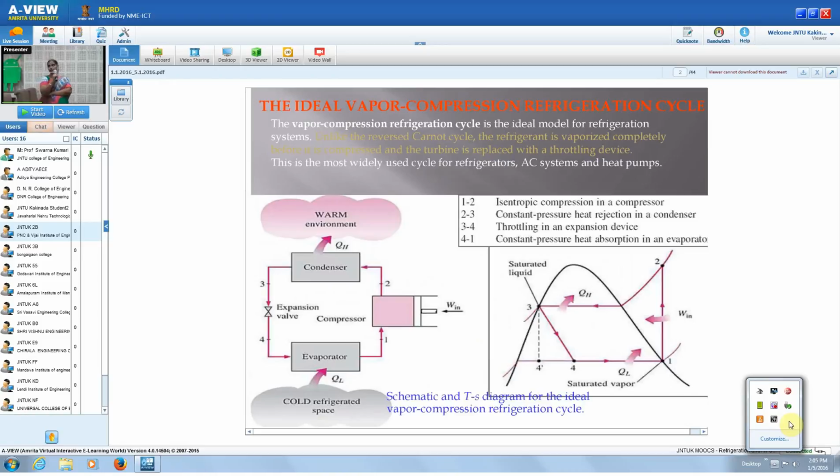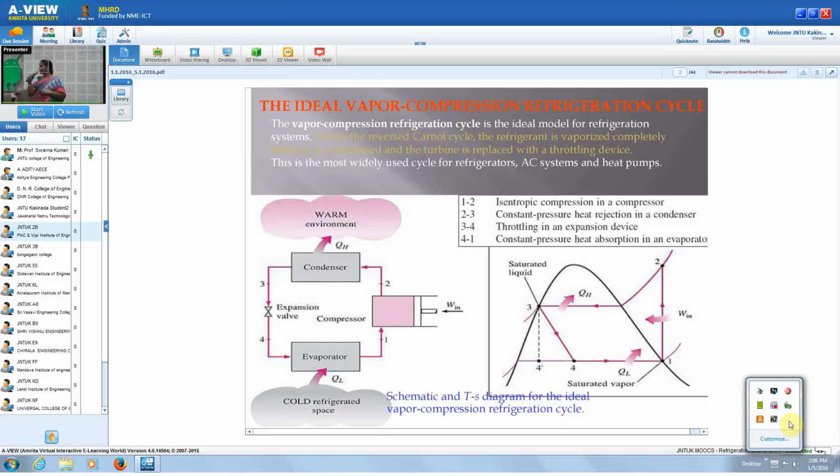So we have seen the four components required already: compressor, condenser, expansion valve, and then an evaporator. You can see the TS diagram for the saturated cycle. So that is the saturated cycle. 1 to 2 is isentropic compression, and 2 to 3 is heat rejection in the condenser, and 3 to 4 is isenthalpic expansion in the expansion valve or the capillary tube, and 4-1 is the actual refrigeration effect produced in the